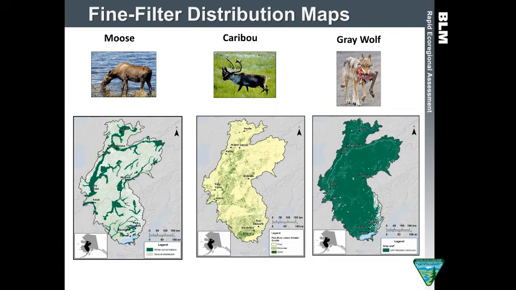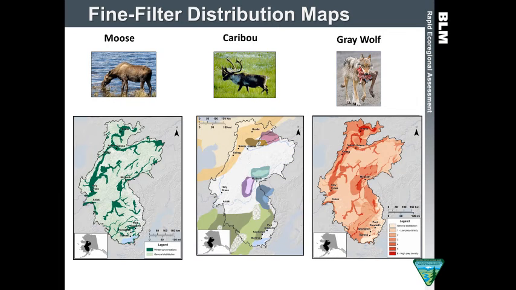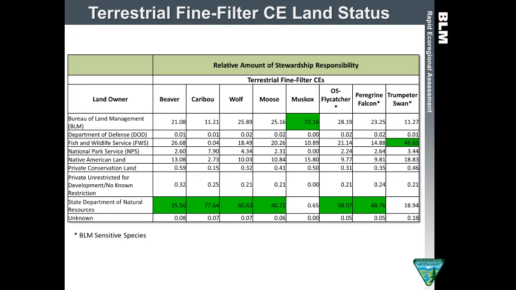But we also know that wolves are tied very closely to the distribution of their prey, specifically caribou and moose, and so we overlaid the distribution map for moose during all the seasons when they're concentrated and the distribution map for caribou to produce this composite map for wolf, where you might have more likelihood of encountering them during specific seasons based on the distribution of their prey. Okay, so those are just some examples of the distribution maps that we created.